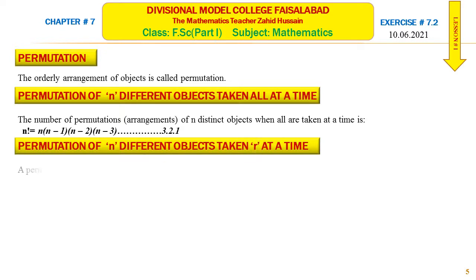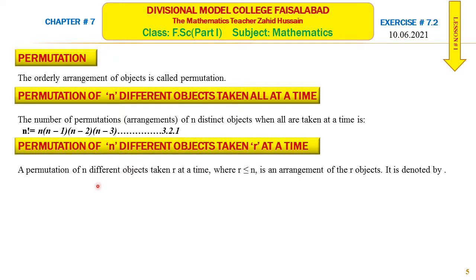So the formula for this is the permutation of n different objects taken r at a time, where r is less than or equal to n. R cannot be greater than n. This is an arrangement of the r objects. It is denoted by